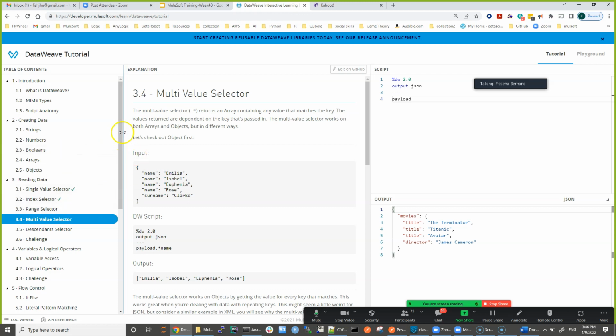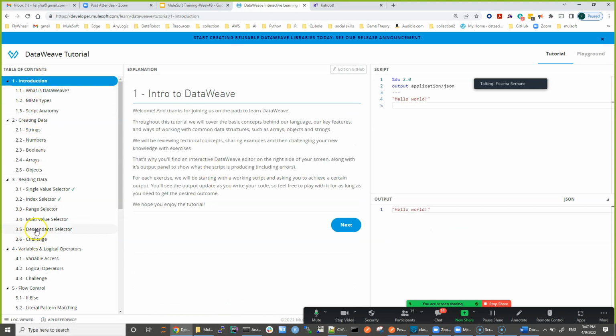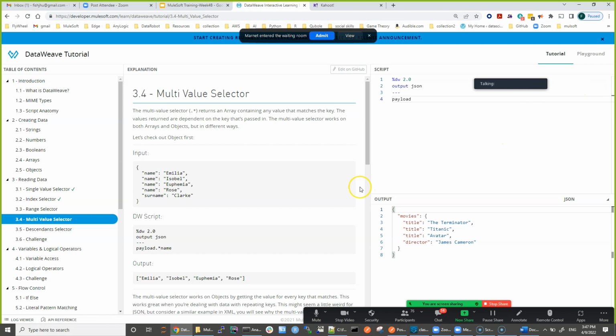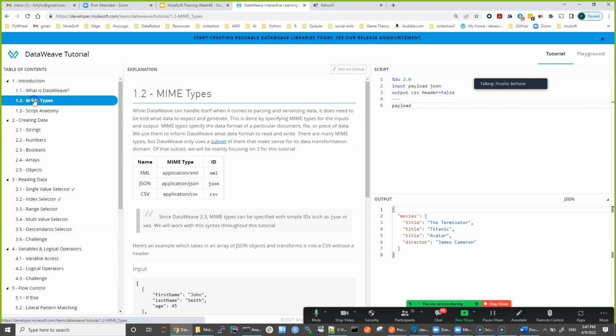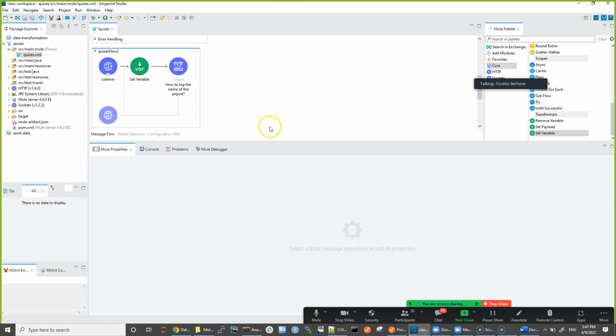We just want to cover what is important for the data transformation part only in this case. So today we are going to cover up to 3.4. So from the introduction at a high level up to 3.4, some of the things we have seen already. We will see these ones. So here you see MIME types. There are different MIME types in Studio. For example, when we